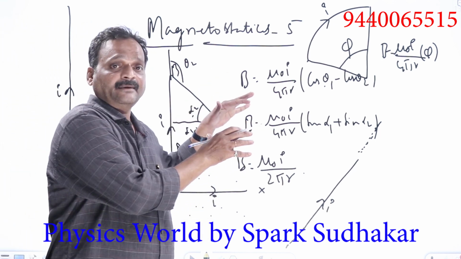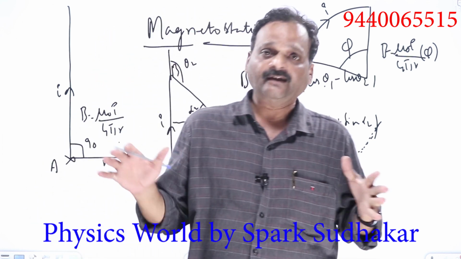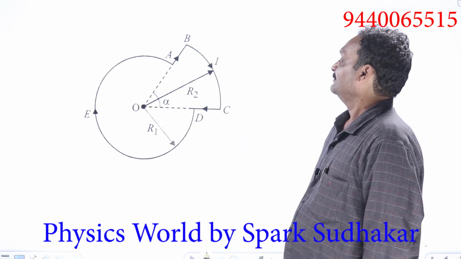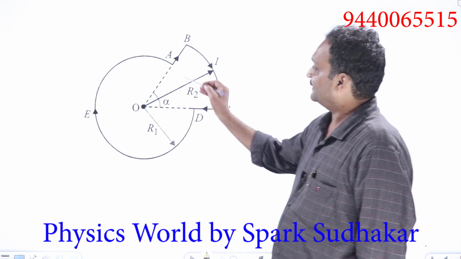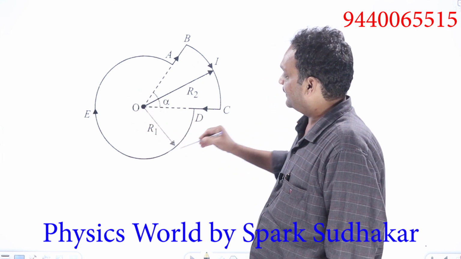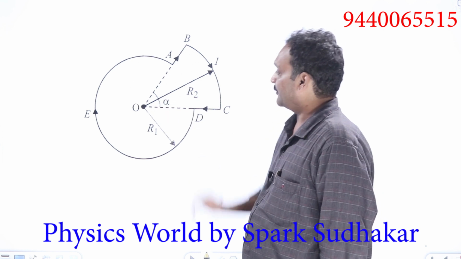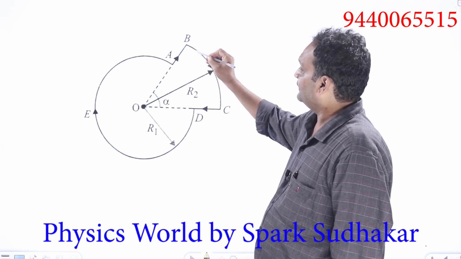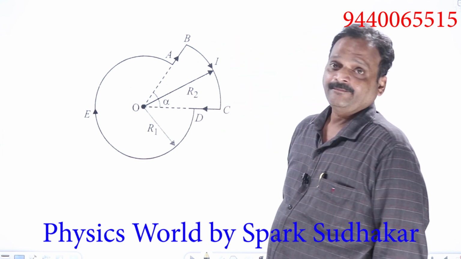Keeping all these things in mind, now we'll start solving some problems which will be useful in almost all entrance examinations. Look at this problem. What is the magnetic field at the center O? How many contributions are there for the magnetic field? There is this circular arc, B due to the circular arc at O. Next, there is the straight wire AB, a straight wire CD, and another arc BC.